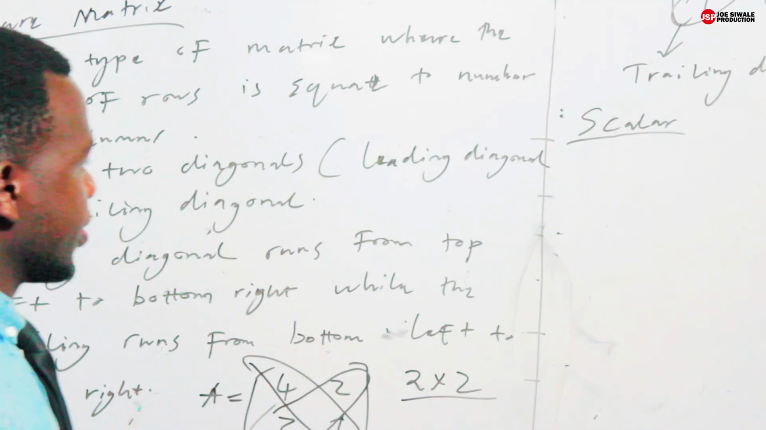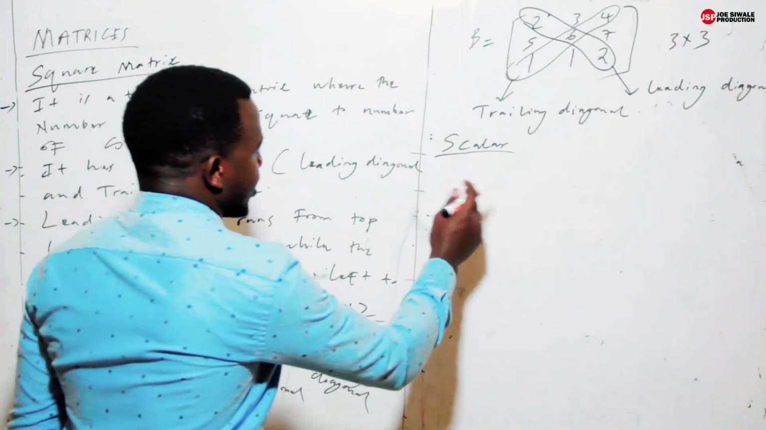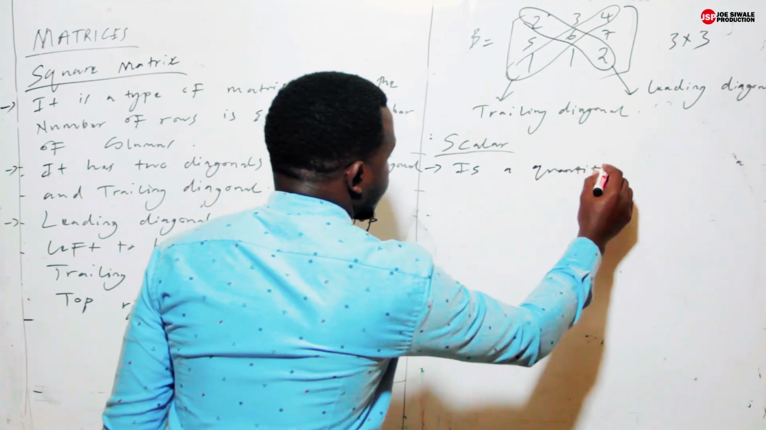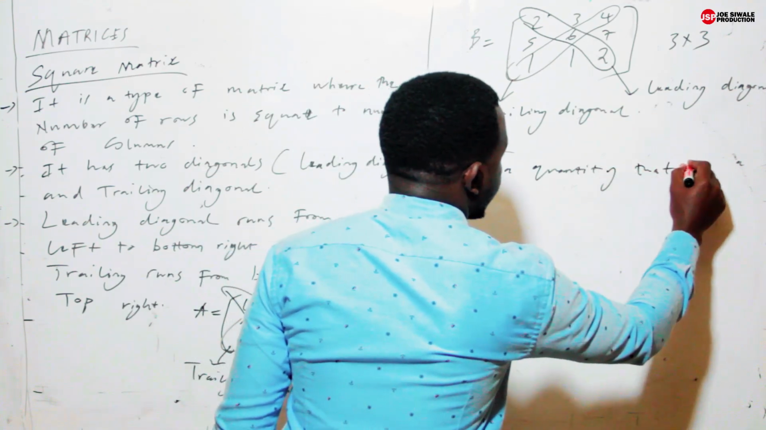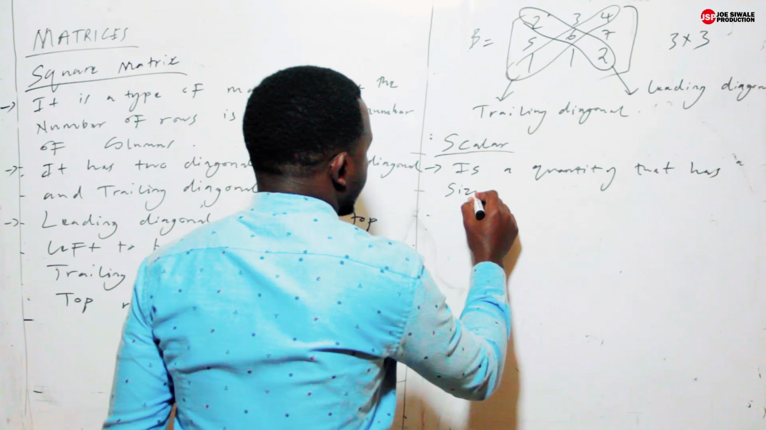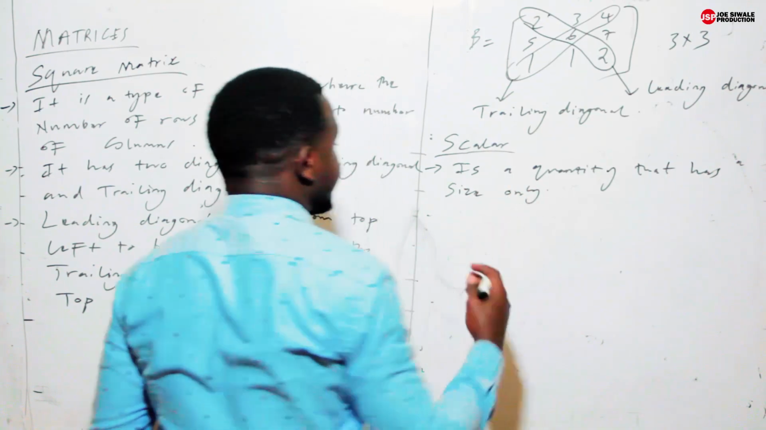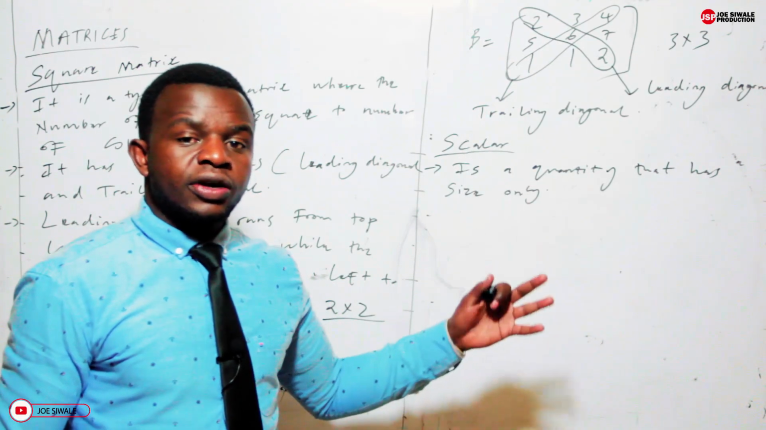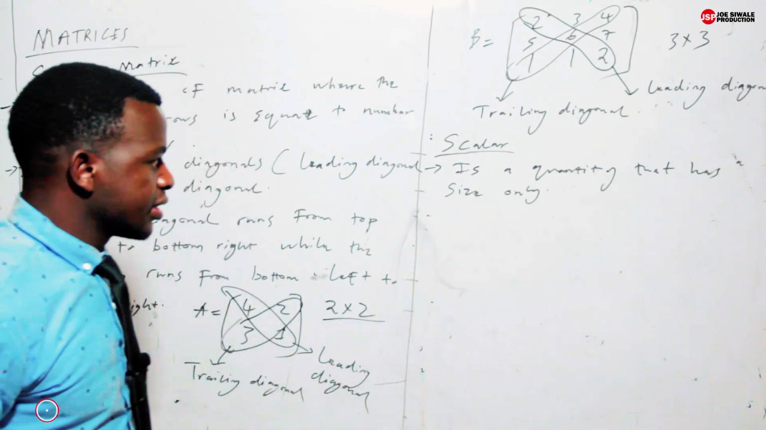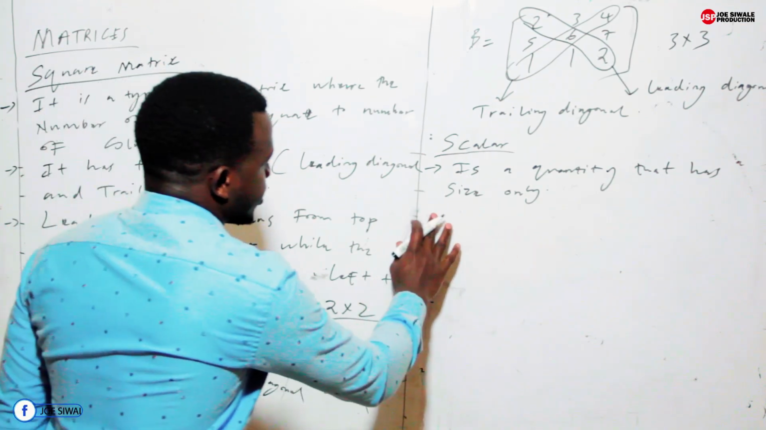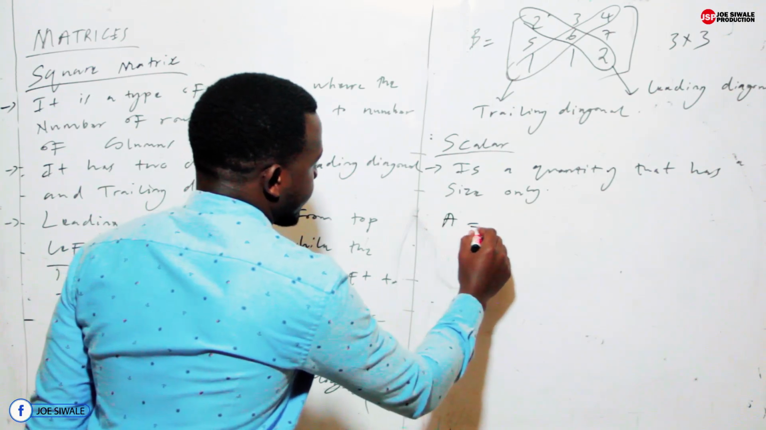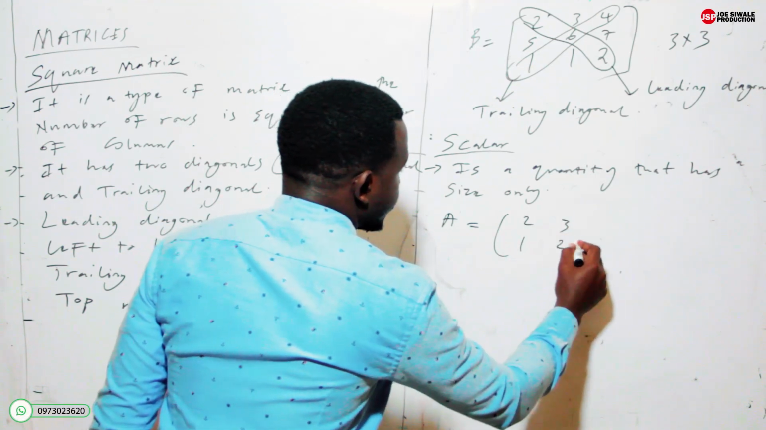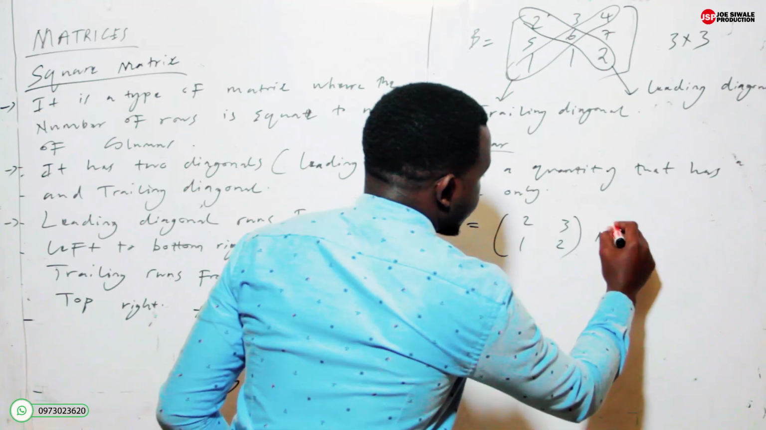Before we look at the example, let us write down some notes. I've said a scalar is a quantity that has size only. And I've said when you multiply a scalar with any matrix, you multiply that scalar with each and every element of that matrix. So for example, we have matrix A, given in this form: 2, 3, 1, 2. And you have been told, can you find